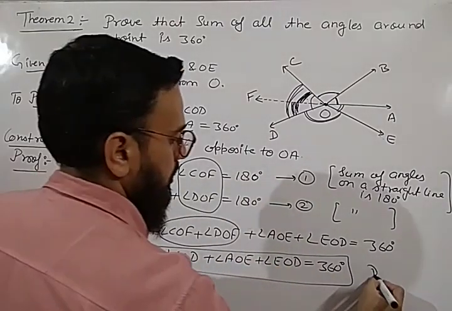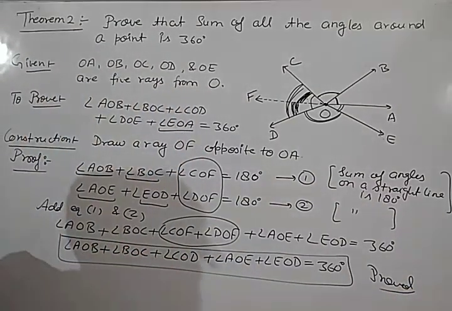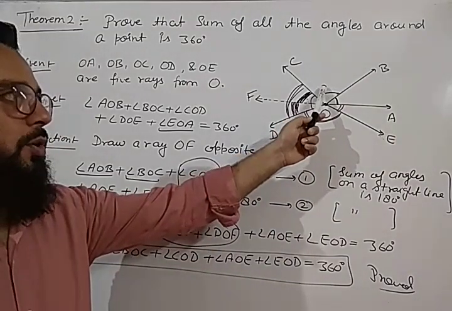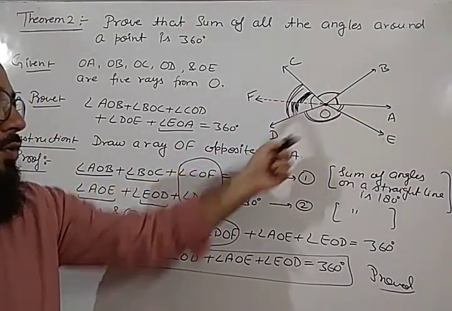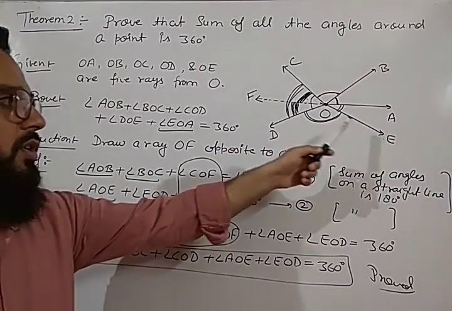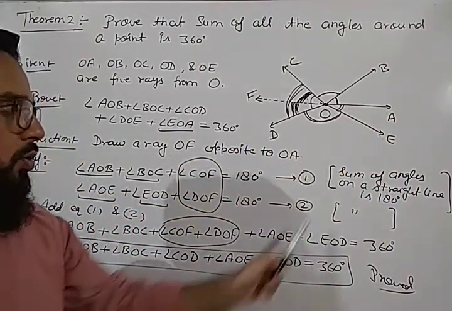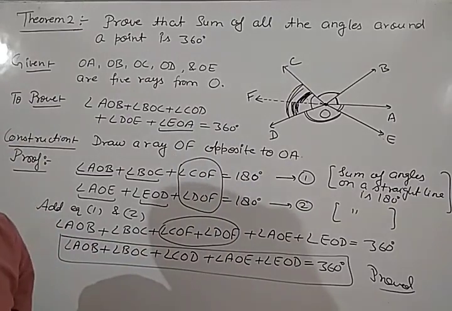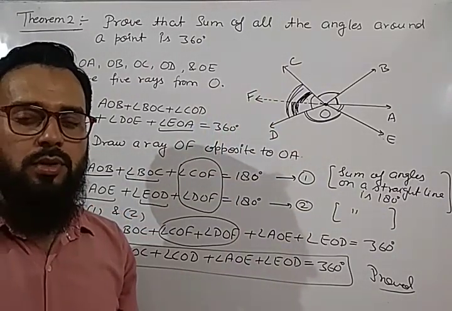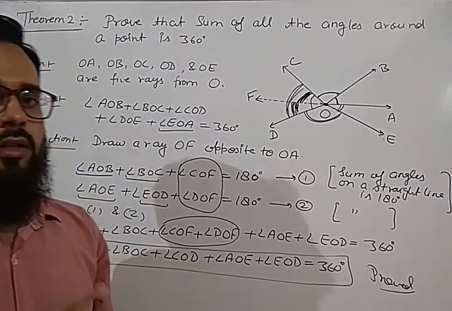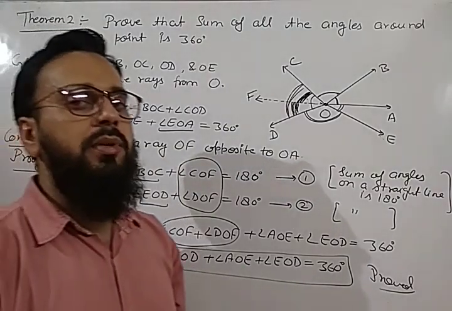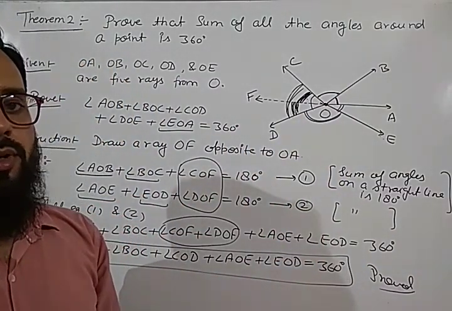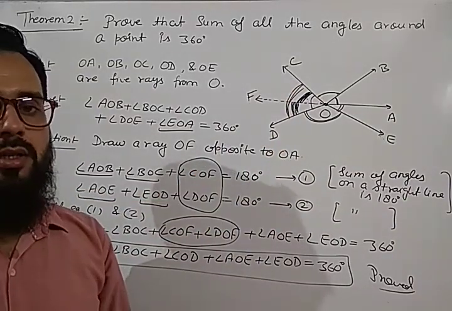We can check here. The sum of all the angles around the point is 360. Angle AOB, this is angle AOB. Then angle BOC, this is angle BOC. Then angle COD, this is angle COD, the whole angle COD. Then AOE, this angle. Then EOD means this angle. So the sum of all these five angles is 360 degrees, which we had to prove. So we have proved this particular statement also. Okay, so there are two important theorems. The sum of all the angles along a straight line will be 180, and the sum of all the angles around a point will be 360 degrees. Now these two theorems will be used in the questions. So first note it down.